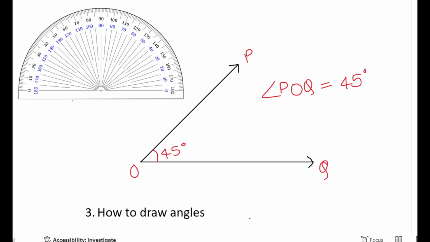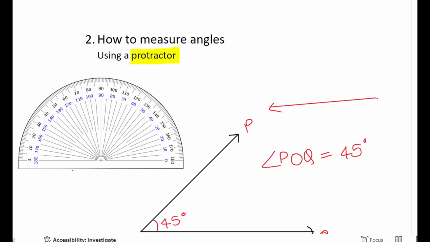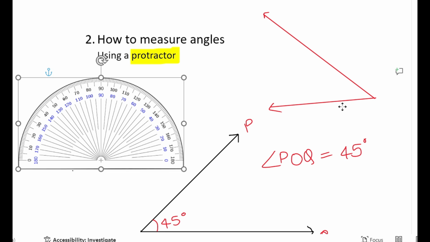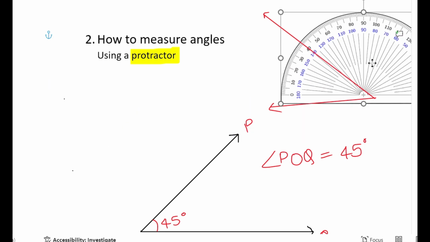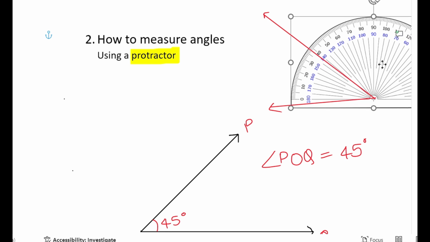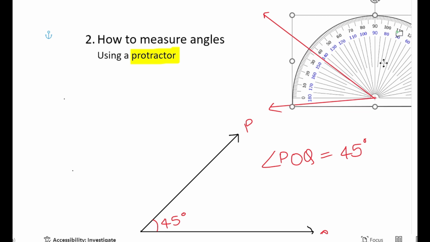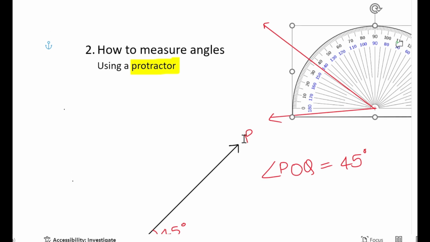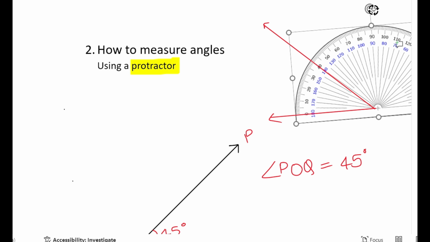Alright, now we know how to measure angles. For example, let me say you have another angle which is somewhat like this. Okay, this is your fixed side and this is your movable arm. Now we'll move the protractor onto this one. Okay, I've aligned it there, but it is not aligning. So we will turn the protractor a bit. Okay, now we can see